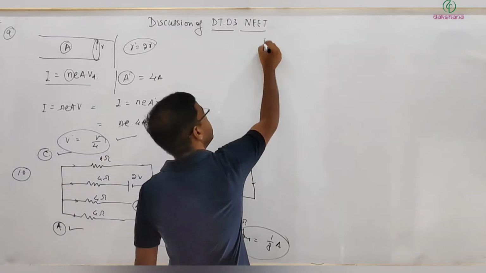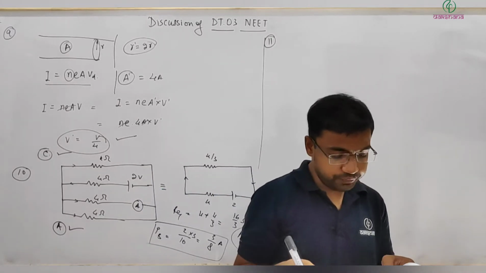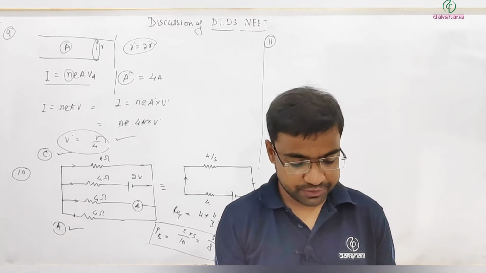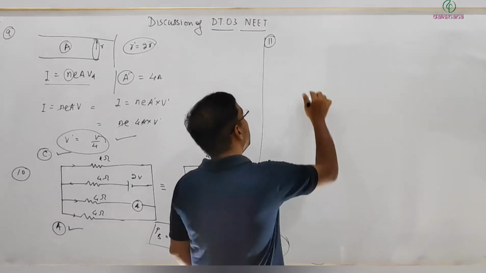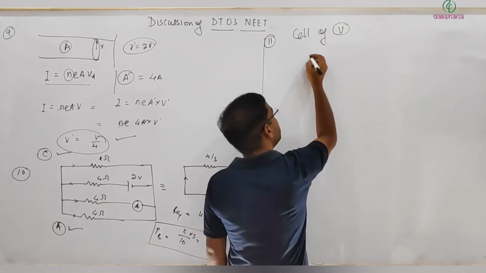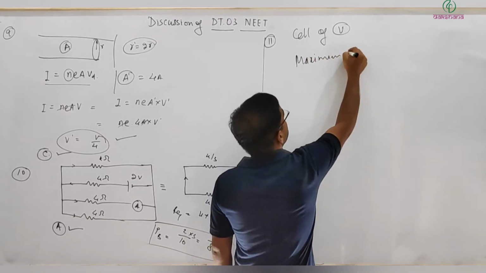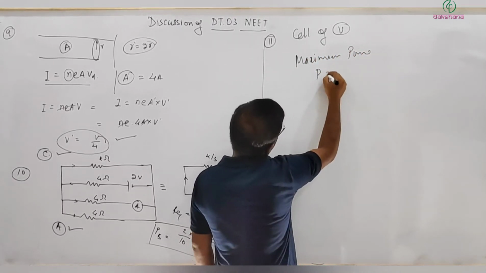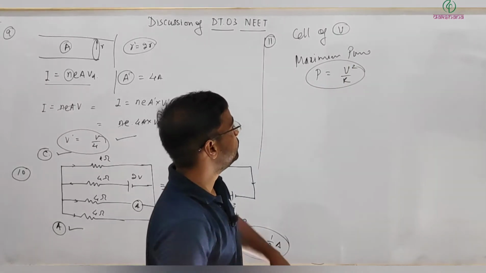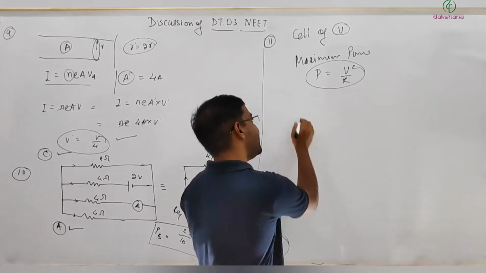Okay, so next question number 11. Which arrangement of 4 identical resistances should be used to draw maximum energy from a cell of voltage V? Okay, so here we have a cell of voltage V, and we want maximum power, right? And that should be equal to V square by R. So what it implies, V is constant because the cell is constant, so we need a combination where R should be least,